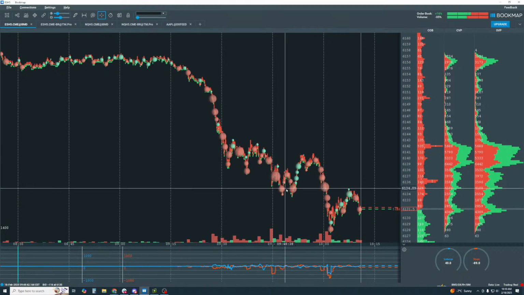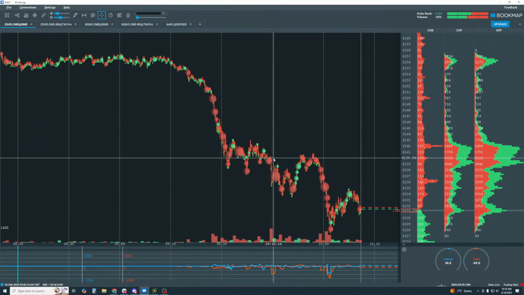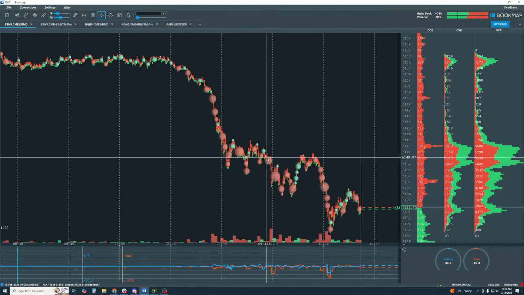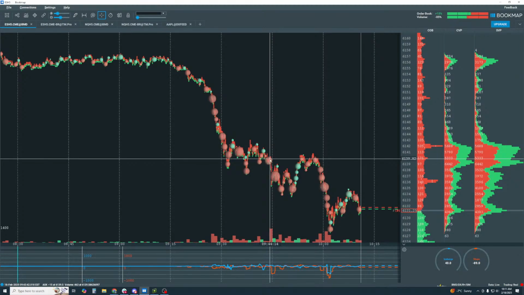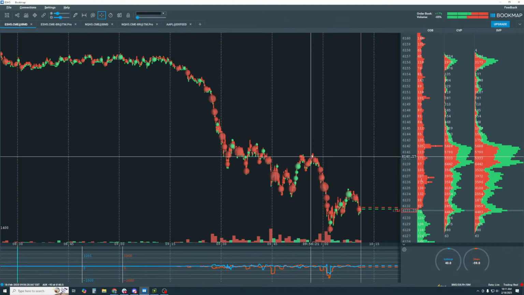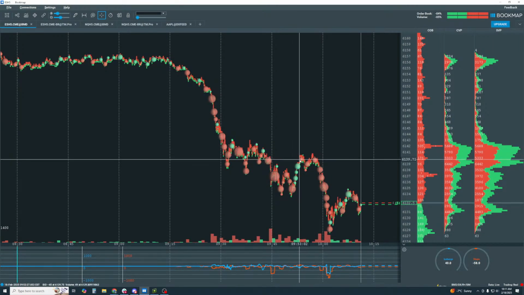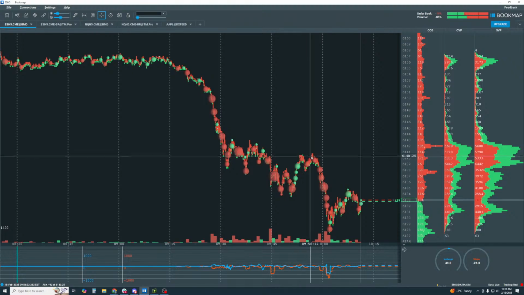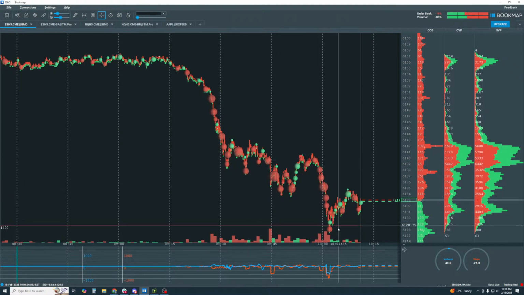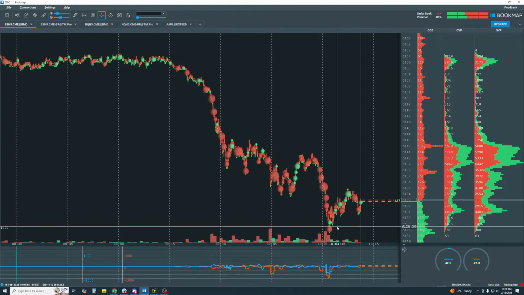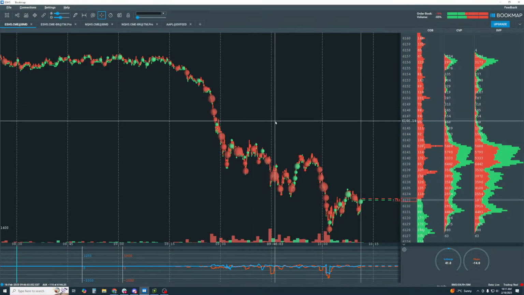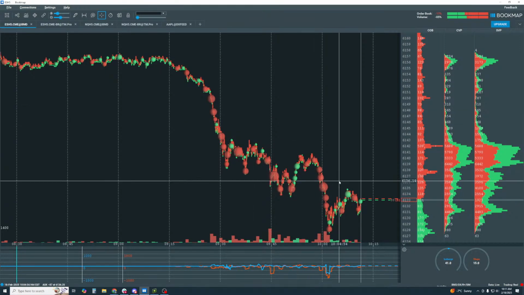We see it again, a drop. Buyers come in and try to bring back up price. They just come back up to where the drop initiated here. We try again here. We get like a double top. Is there any buying trading up in here in this picture? No. We see sellers again, and we get a hard drop. So we know sellers are still in control and moving this market lower.